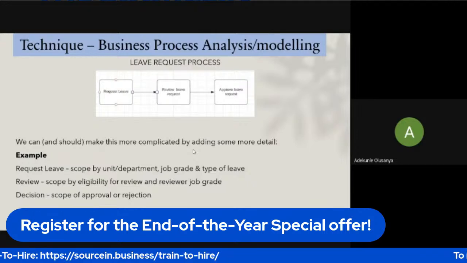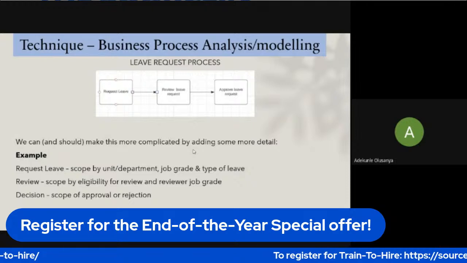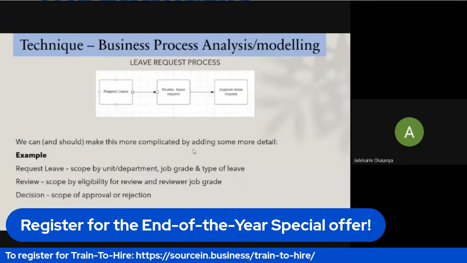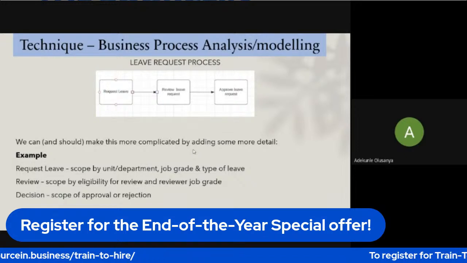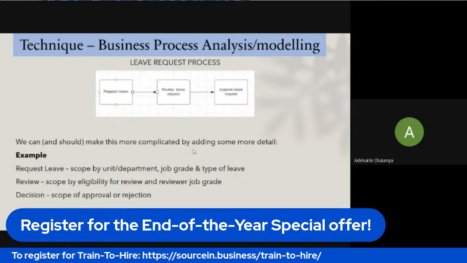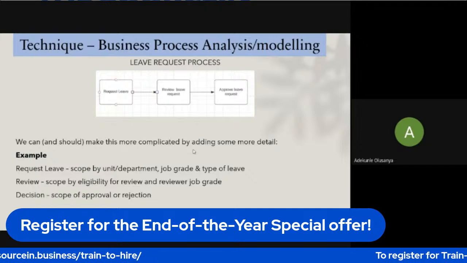You see, now that is not actually a review being done by your line manager. The team is reviewing by themselves. So, Mr. Damilola, who says he wants to go on a leave in March. Now, let's say March is the most critical time of the year for your business. Let's say March is the end of the financial year. It's usually a lot, March, April, usually a lot of things to do. You can decide to say nobody goes on leave in March and April because March and April are very critical for us. So this is a joint review.